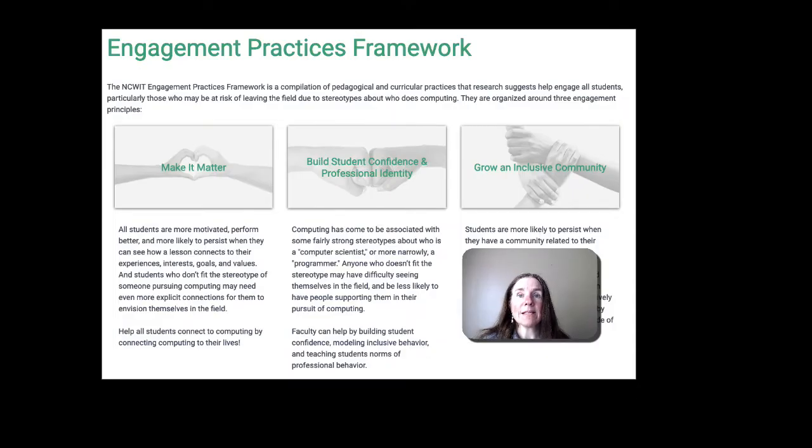NCWIT has formalized a set of these research-supported practices into the Engagement Practices Framework. When the EngageCSEdu project was owned and managed by NCWIT, each submission was required to identify which specific engagement practice it used,